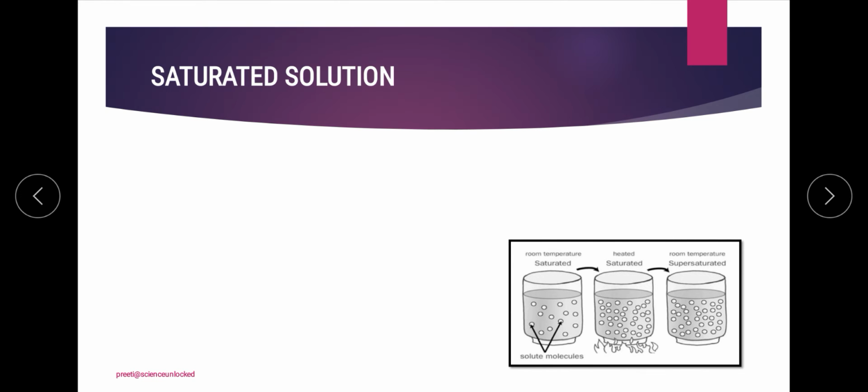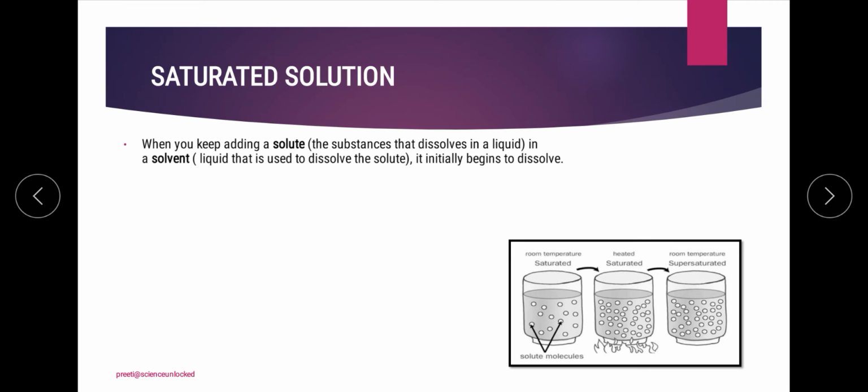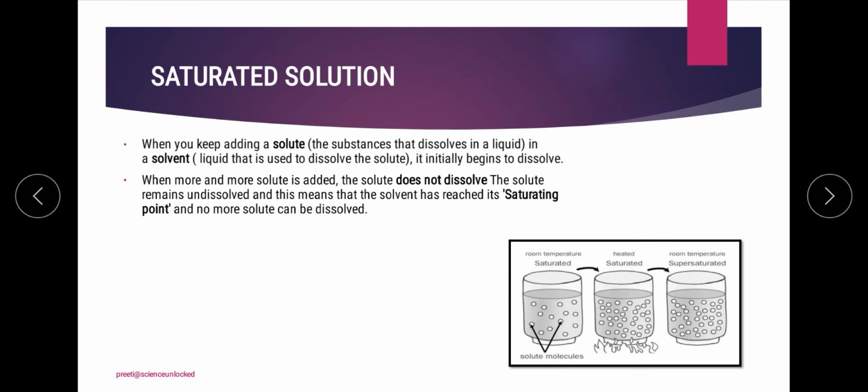Now last but not the least is the process about saturated solution, where we are going to talk about the kind of solution where no more amount of solute can be added because all the solute particles have occupied the possible space in the solvent. Now solute is basically the component which we are going to add to a liquid, and solvent is that liquid over which the solute will be added. So if we talk about the example of, let us say, sugar solution, over here the sugar is going to be considered as solute and the water will be considered as solvent.